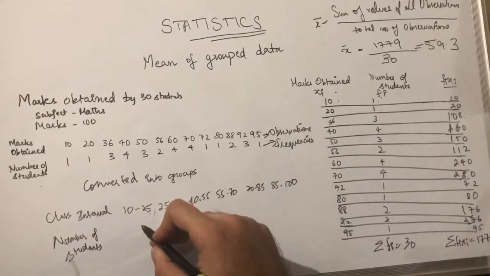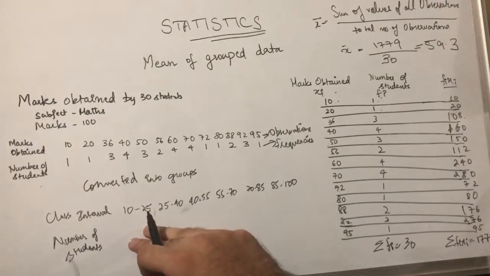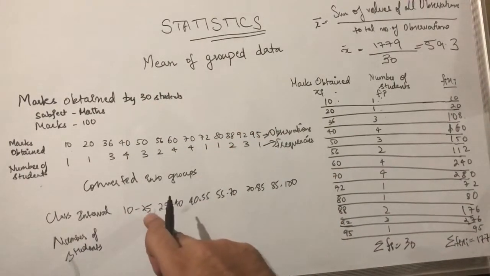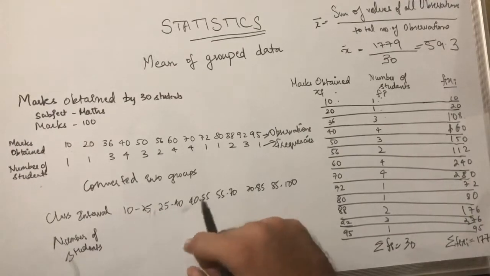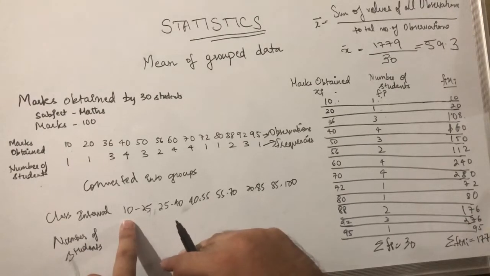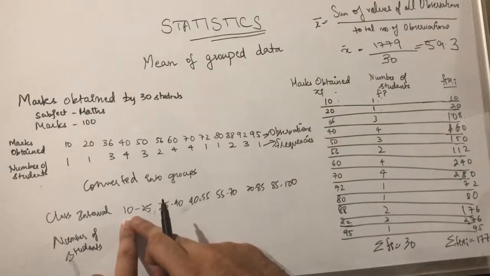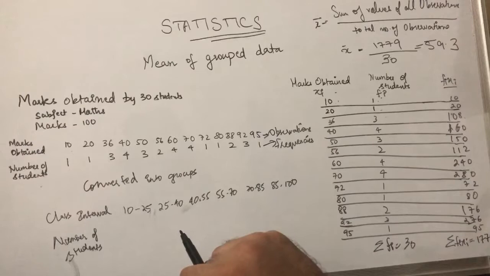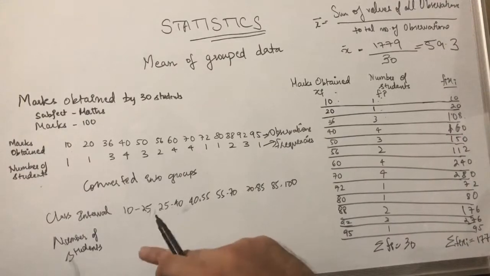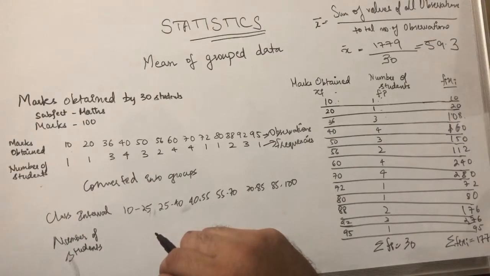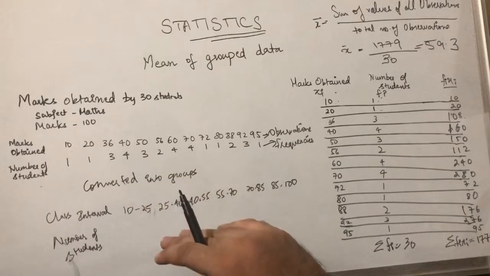Now, there will be a slight difference in your number of students. The total number would still remain 30. But since we are grouping them, the number of students in each group will differ, right? So now how would this be calculated? It's very simple. Whatever the value is, we need to see whether it falls under this particular class interval or not. Now, one main point to remember here is, let's say if someone gets 25, all right? So it will not be, or better example, let's say if someone gets 40,